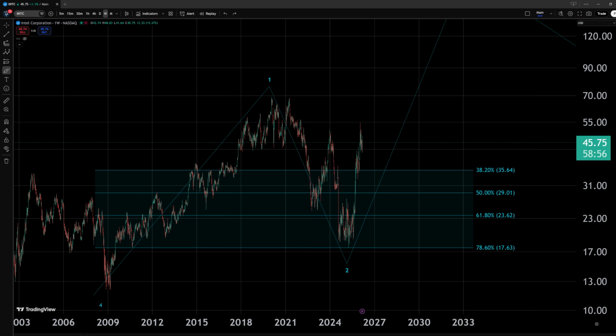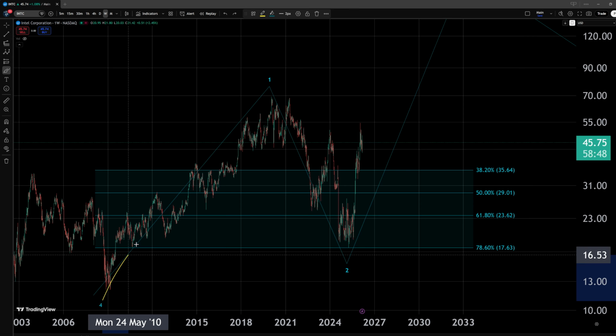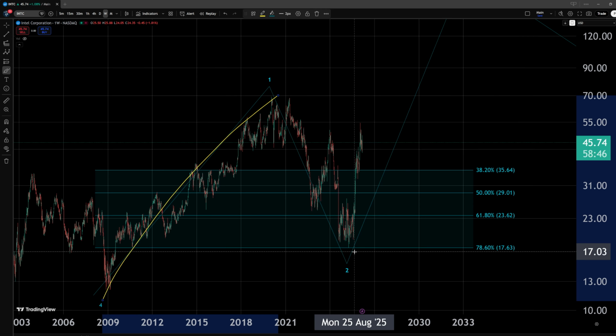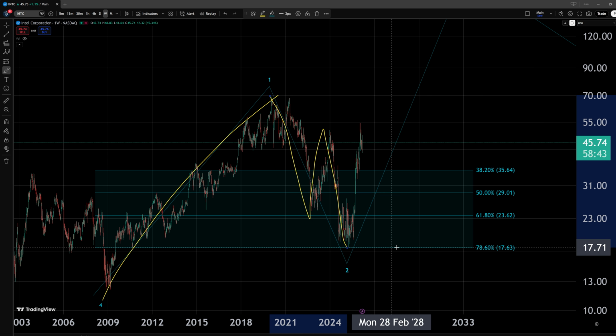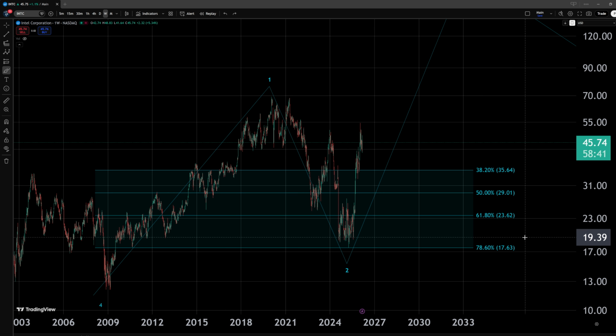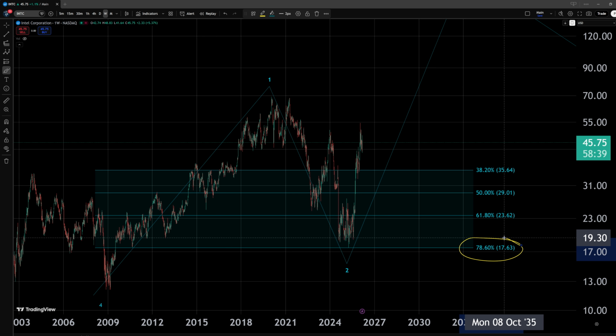In this video, we are looking at Intel. It is time for another update. And on this chart, we have identified on the larger time frame an initial 5-wave move to the upside within a wave 1 and a 3-wave correction in a follow-up wave 2 perfectly into the last level of support at